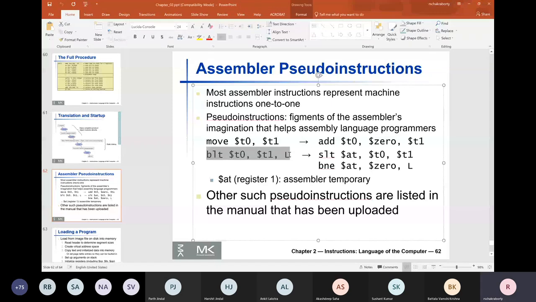In fact, if you write programs using pseudo instructions and load them into SPIM, you will find that when that program has been stored in, I mean, the memory encoding is shown, it will be shown with the actual instructions. For example, if you have written some move